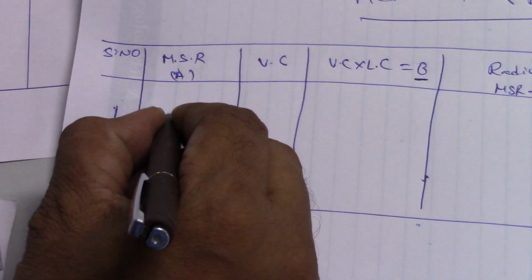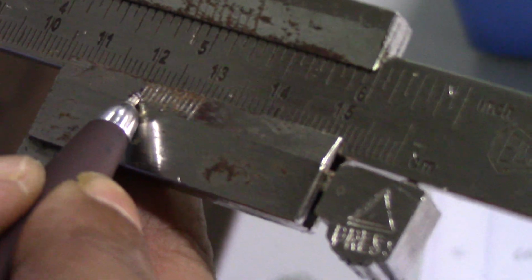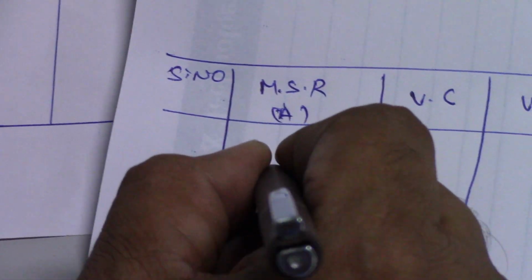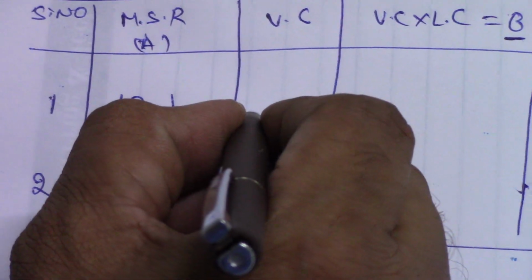if you clearly observe the tabular form, we have MSR. What is MSR, students? The 0th line on the vernier is coinciding with 12.1. So MSR is 12.1. Here you observe the 0th line on the vernier scale is in between 12.1 and 12.2, so we will take the lower value, 12.1. So the vernier coincidence, out of